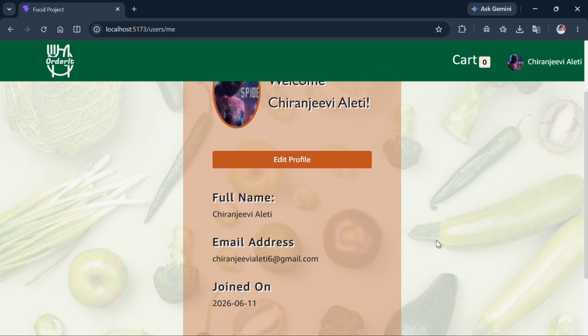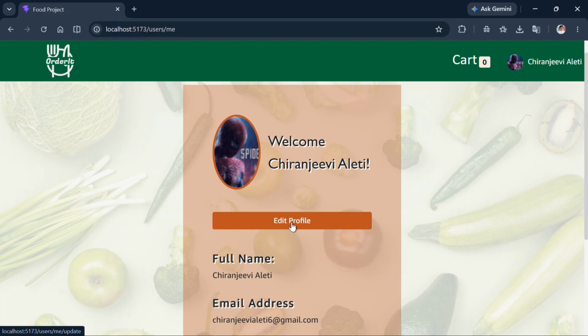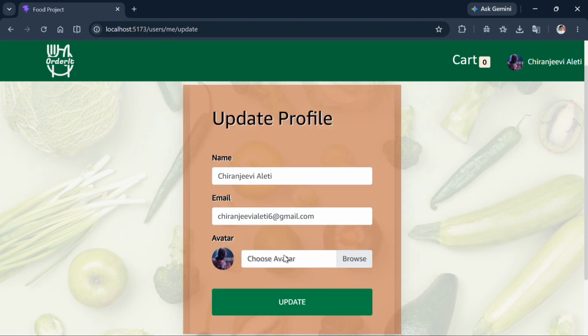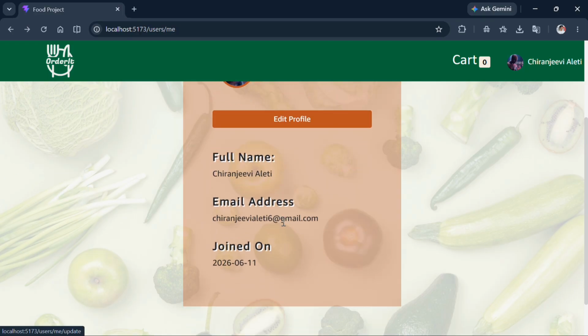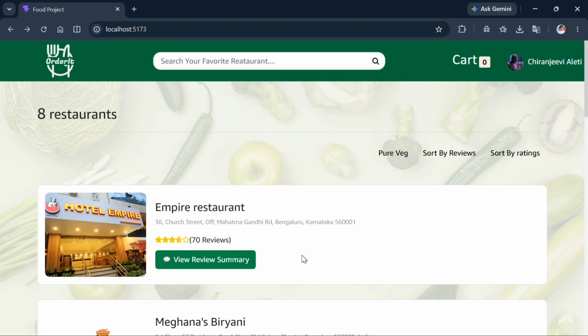So here you can see users can update their profile information and manage their account. If you want to change the photo, you can browse it here, change the photo, and click update. You can change name, email, and so on. And the most interesting and most important thing I want to show you is